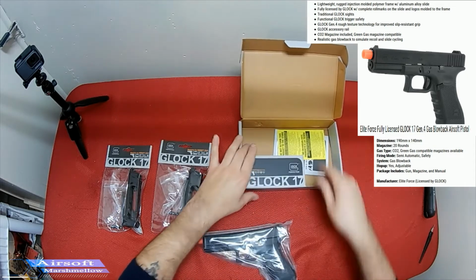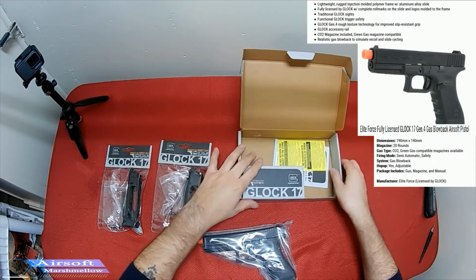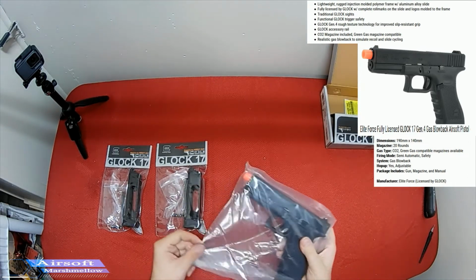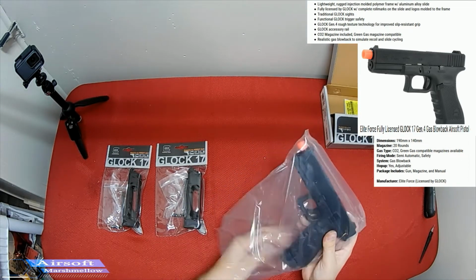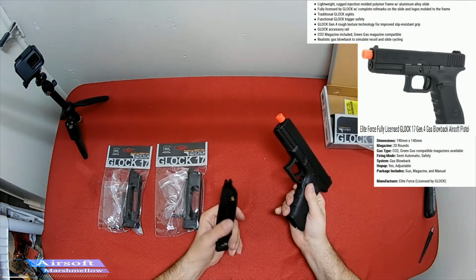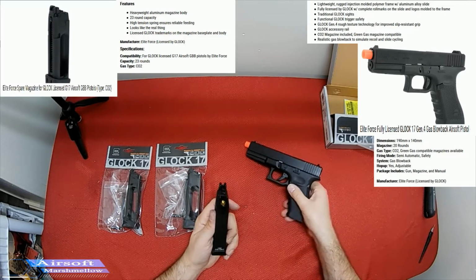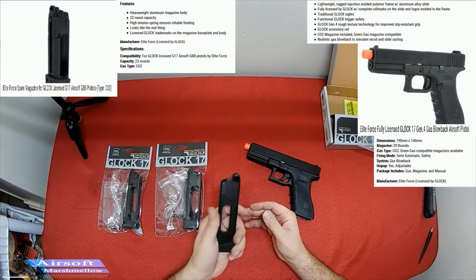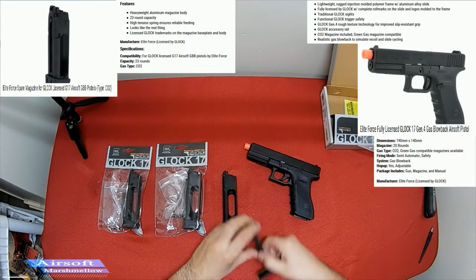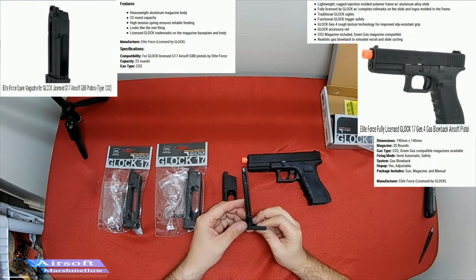One of my buddies on the team had one of these and gave me the opportunity to shoot it, and I must say I fell in love with it very quickly. And the magazine, it looks like it's heavy duty. I love it. Compared to the other one that I had, this was the magazine for it, so it's a